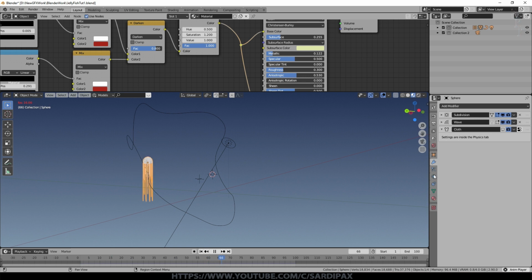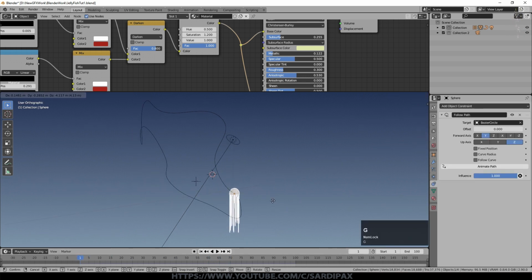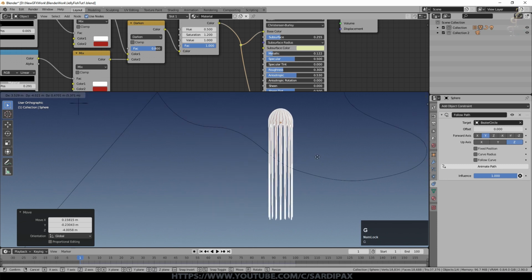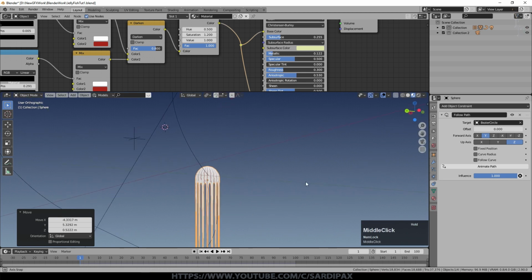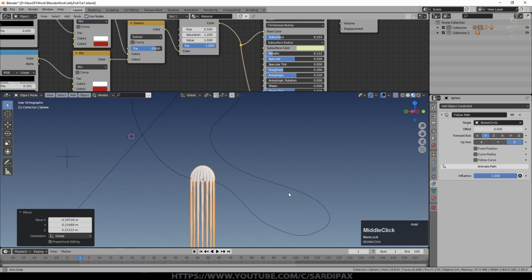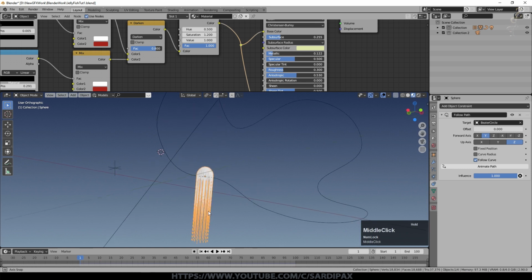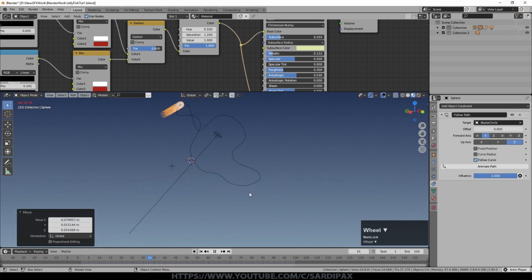Obviously not quite what we want. So we'll go to the beginning of the animation and we'll just make sure the jellyfish is right where that start point is. You may just be able to see that there's a little dotted line showing where the current control point is on the curve. And I'm just making the jellyfish be about there. I'm going to click follow curve, and you can see the jellyfish is rotating, but obviously its initial rotation isn't quite right. So I'm now going to just rotate him. Doesn't have to be completely precise. So he's definitely following the curve now, which is what I wanted. Obviously moving a little fast though.